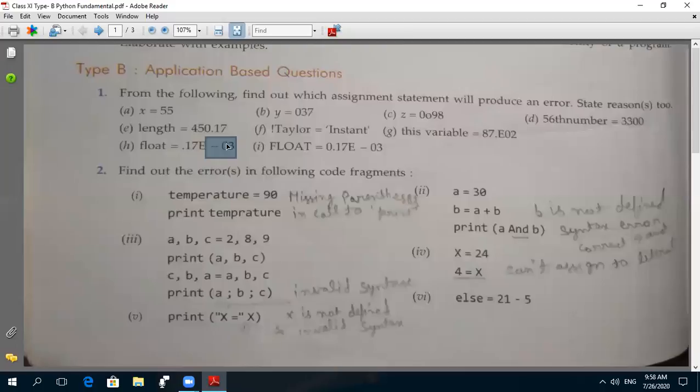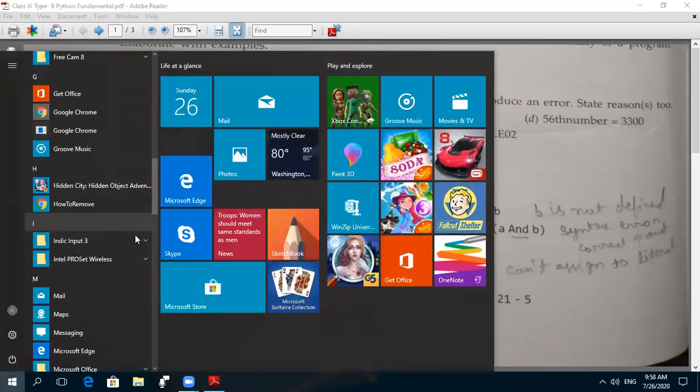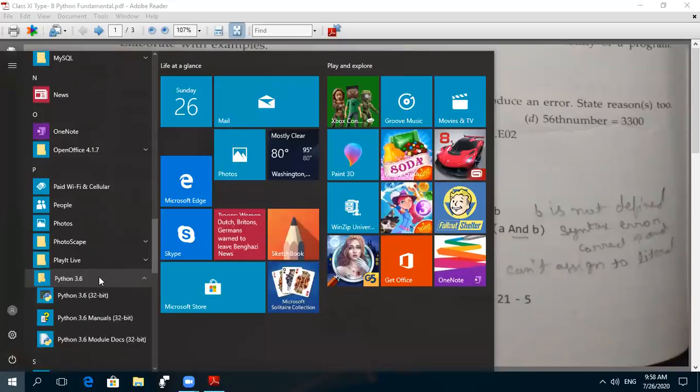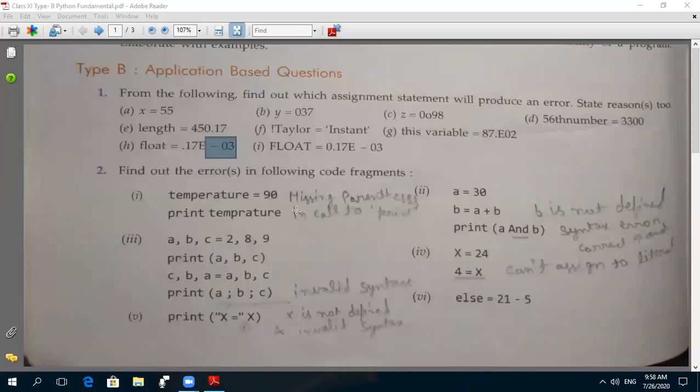Exponent means 10 to the power 3, 10 to the power minus 3. So the answer is 0.00017. Just execute this program, then you will understand this.